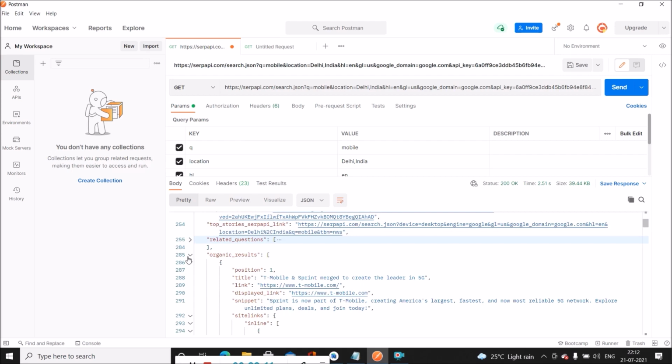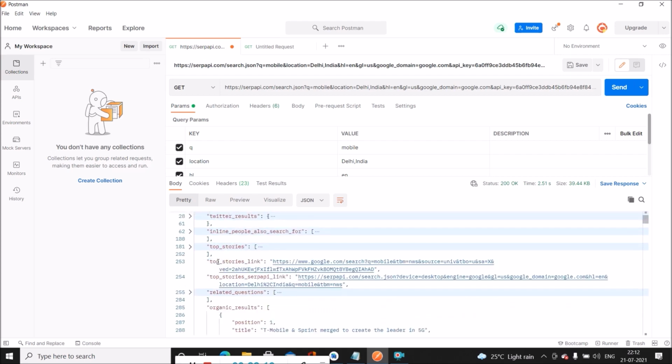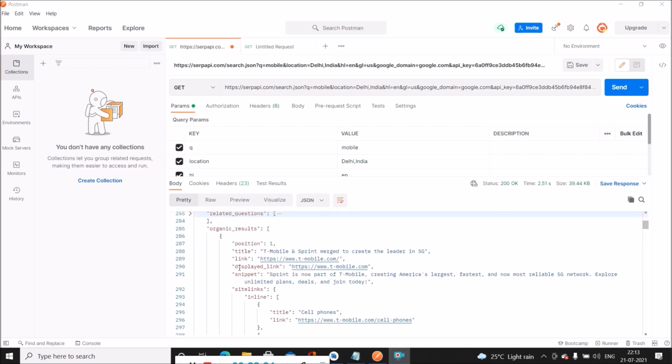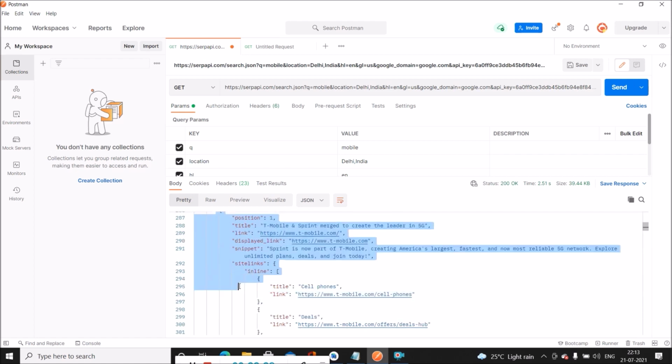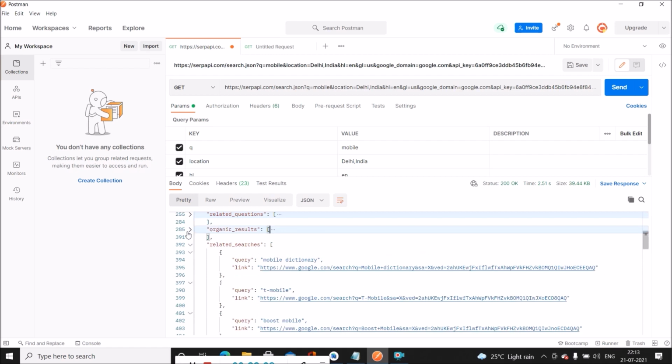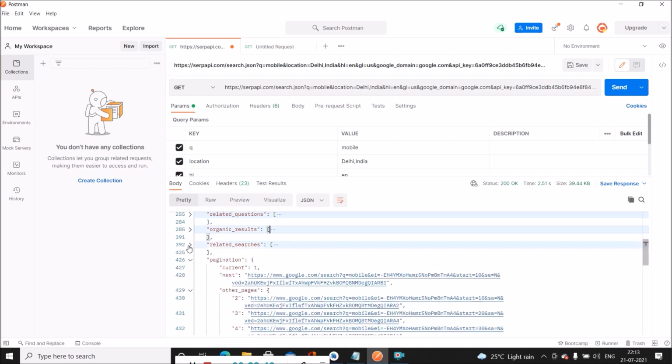So inside the response, there are so many things to see, but in the current scenario, we will be using this organic results block. And from this organic results block, there are multiple JSON objects. So this one is the first JSON object, and from this JSON object, we will be using the title, then link, displayed link, and snippet. So this we are going to display inside our recycler view for get results. So this is the JSON array for organic results, and we will be using this one.